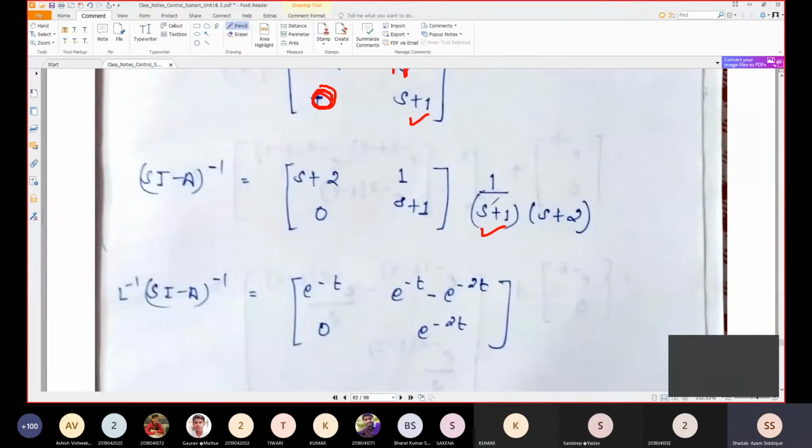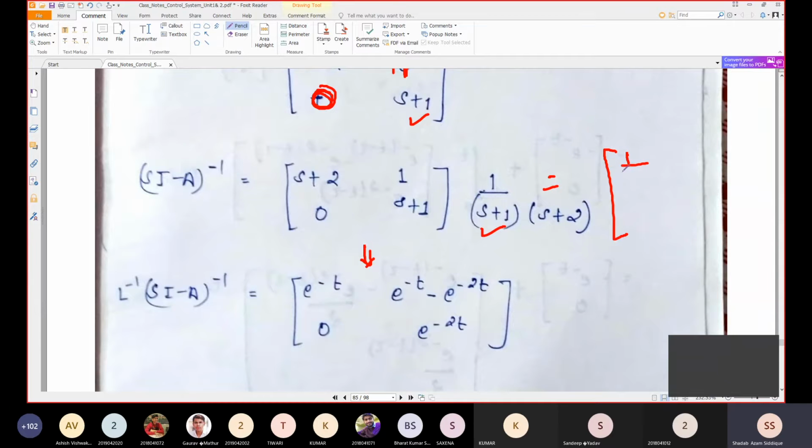See, so we can go through this and we will try to find the inverse of that matrix. Here it is directly written because I solved it on the board and the students have directly copied. They have not done all these procedures. So you should do the procedure for how we can find the inverse of this. So we have 1 by s plus 1 into s plus 2. You can directly take this multiplication inside all the elements present in this matrix.